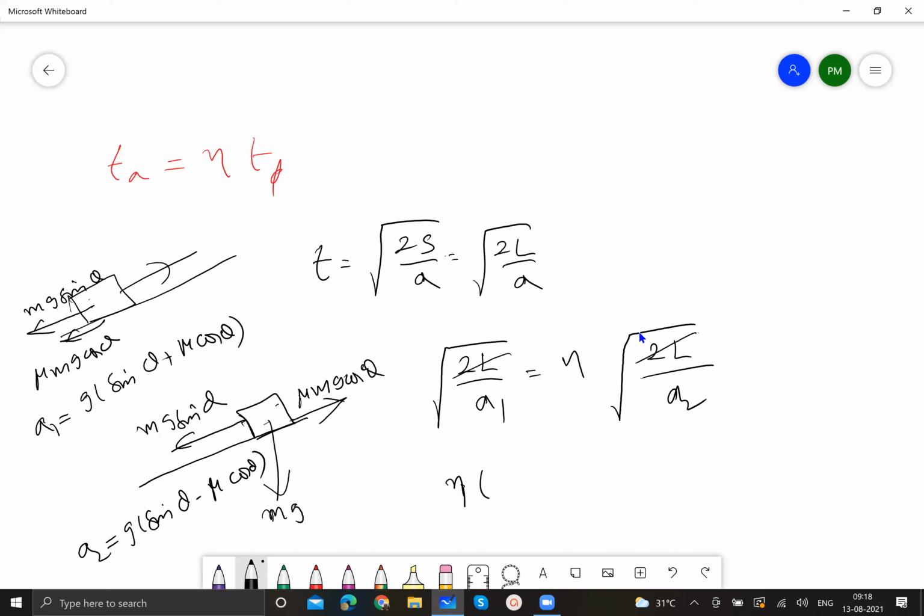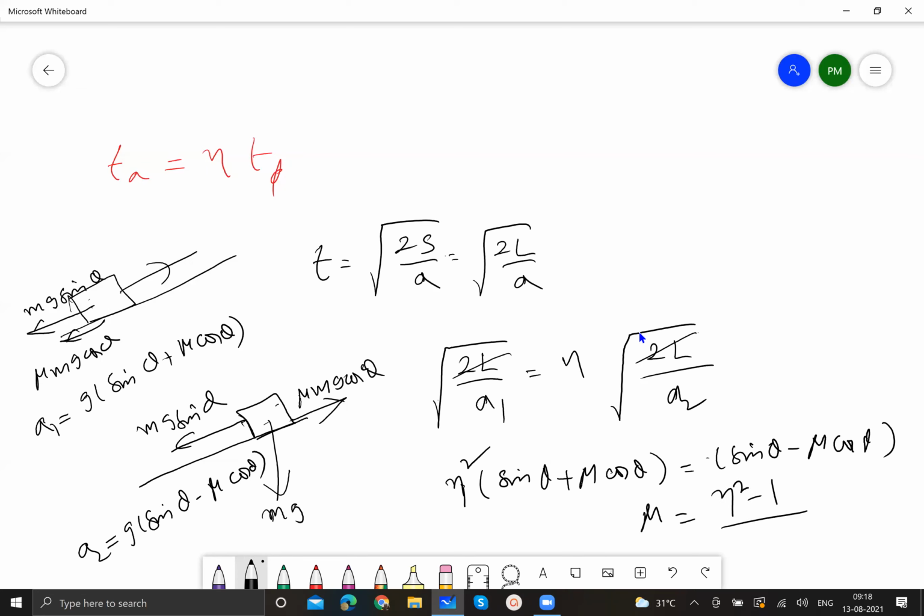Eta square into a1, sine theta plus mu cos theta should be equal to a2, sine theta minus mu cos theta. So if you rearrange the terms, take the common mu one side and take the eta square sine theta to other side, you will finally get the formula for mu as eta square minus 1 by eta square plus 1